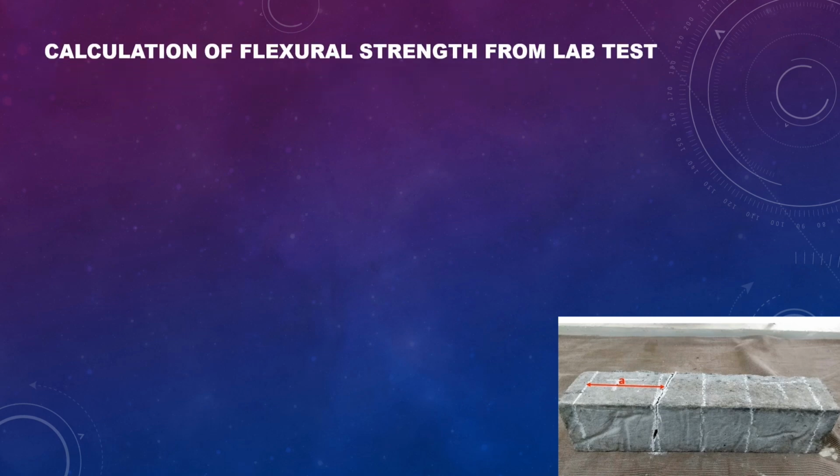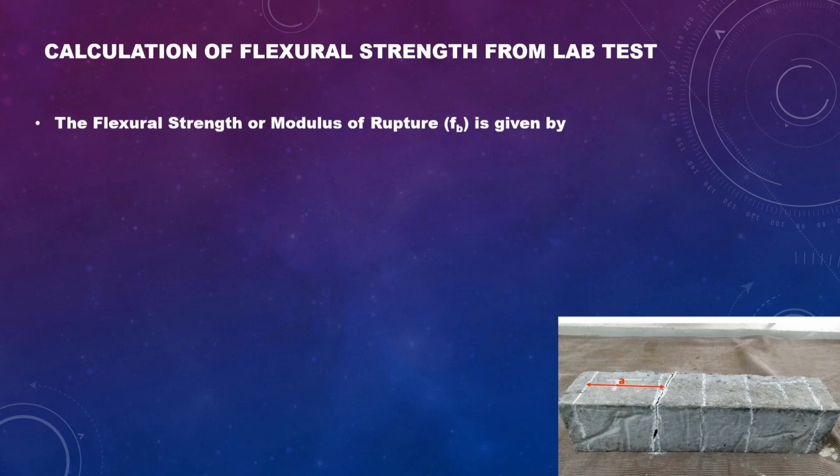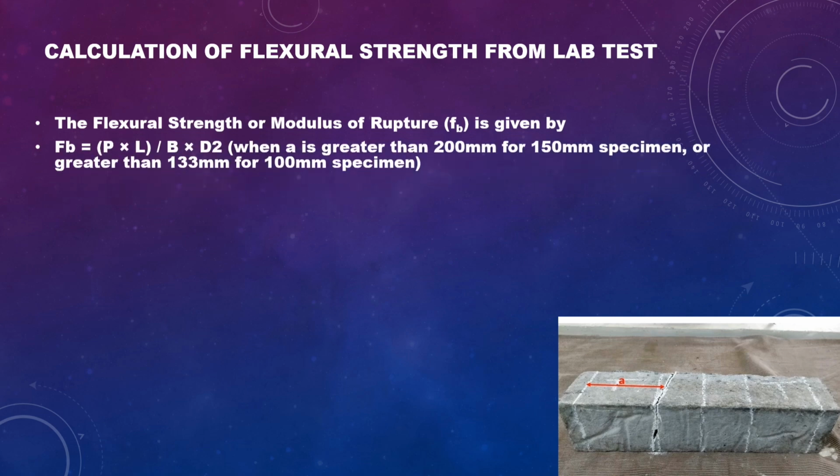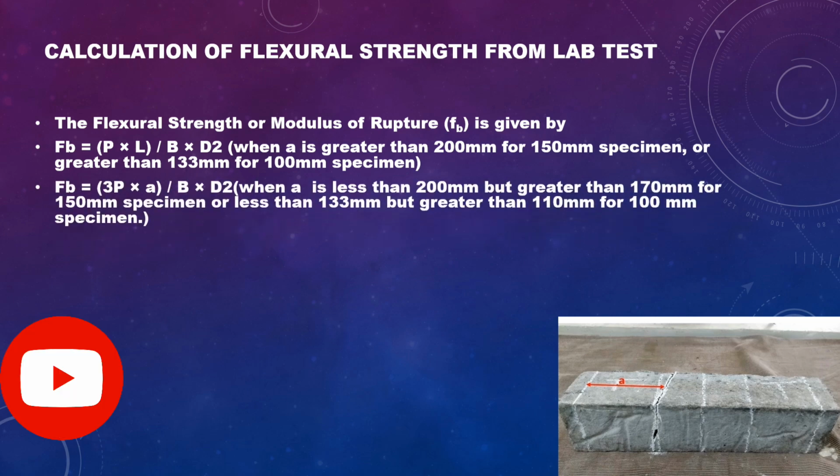Now let's see how to calculate the flexural strength from the lab test. The flexural strength or modulus of rupture is given by the formula Fb is equal to P into L divided by B into D square, when A is greater than 200 mm for 150 mm specimen or greater than 133 mm for 100 mm specimen. Fb is equal to 3P into A divided by B into D square when A is less than 200 mm